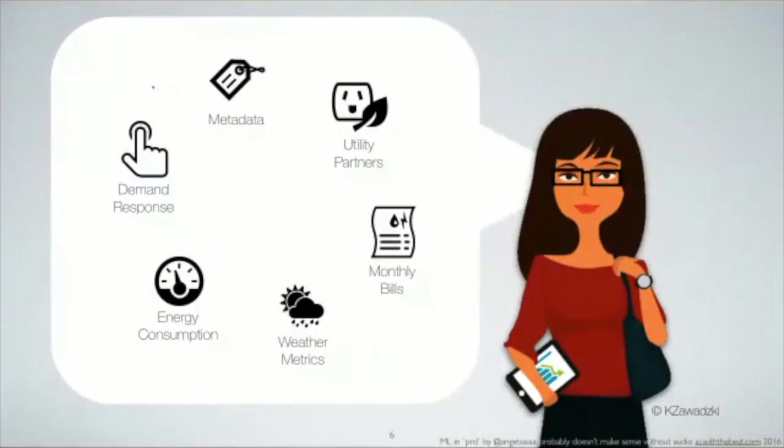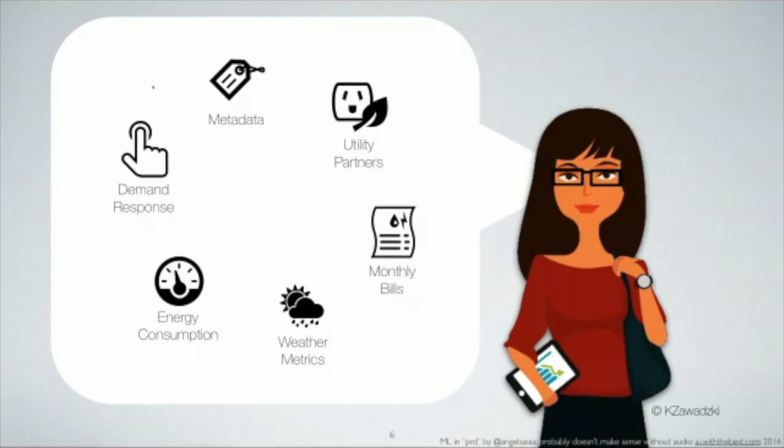What we do here at Enernoc in terms of which data we use in order to be able to reach all of these different insights is really quite multifaceted. We don't have simple features that we work with, and we also don't have data that we can very readily believe. The canonical data is the data that comes from the utility providers, but we don't always have instantaneous access to that. So we have information from our demand response meters, from energy consumption that we have either via our partners or